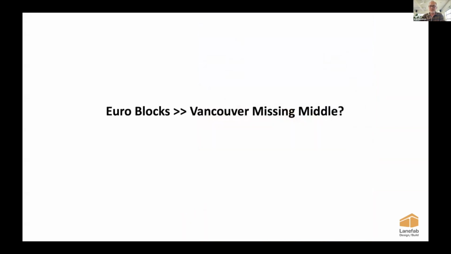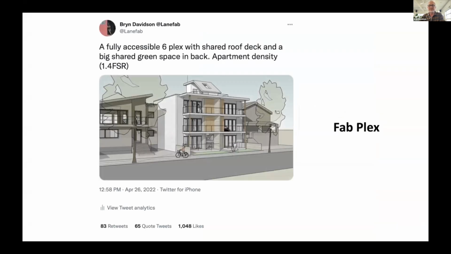So when we started sketching out these ideas for Vancouver, we started putting together what we've come to call a fabplex. We've done hundreds of different prototypes over the years, and we always share them. This is one of the few that seemed to garner a lot of interest from all sides of the political spectrum, which was actually interesting to me because there were folks who fought a lot of housing that said, oh, well, maybe we could support this.